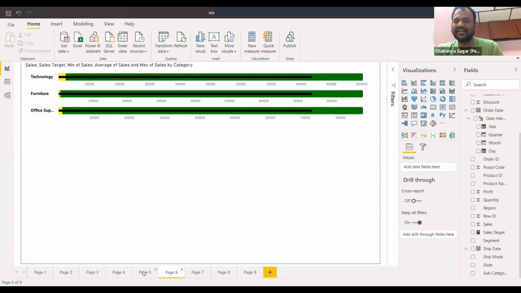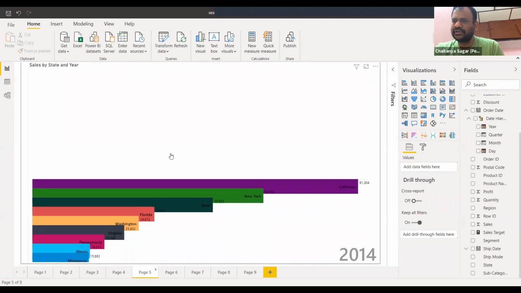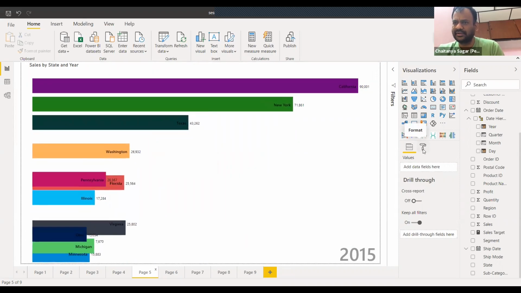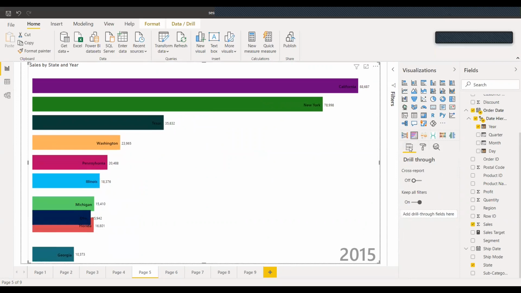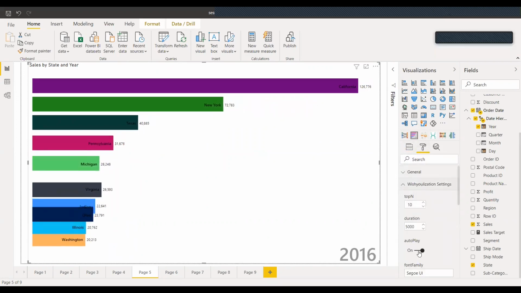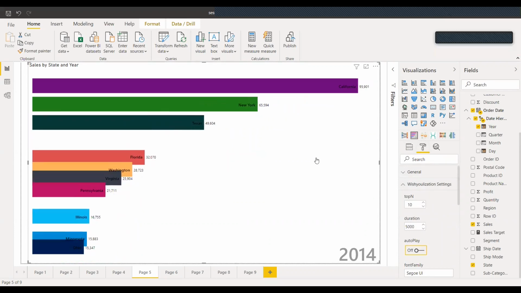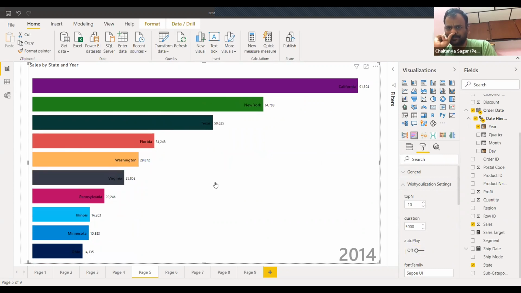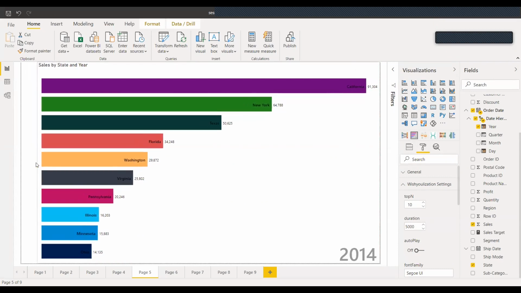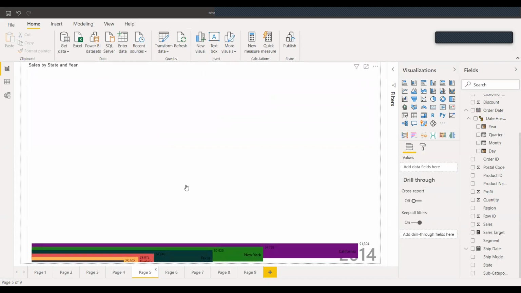Yeah. See, in the previous one, the run chart, when you turn off autoplay, do you get a button somewhere to play it? No, so if I just turn off the autoplay, what we need to do is make some changes in this chart and then it will run. Let me show you once it's complete. Okay. So right now, if I'm clicking, it's not doing anything. If I reduce or even decrease this chart, it won't do anything. But when I come back on this page, then only it would work.